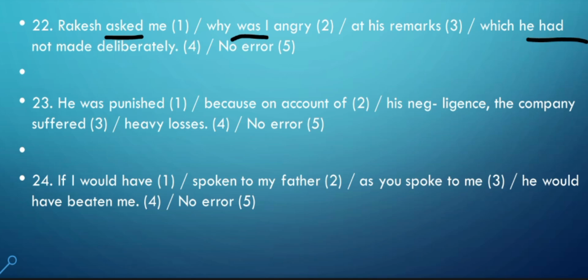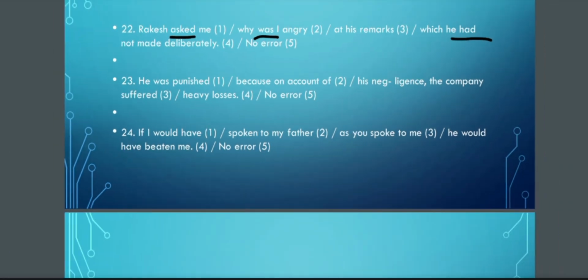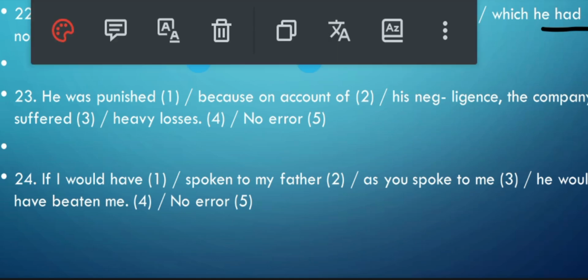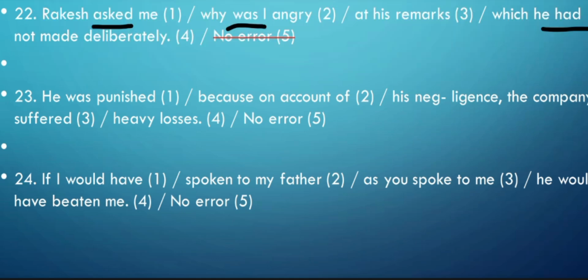अब जब ये पूरा सेंटेंस पास्ट टेंस में है तो हमें देखना पड़ेगा कि इसमें और क्या एरर हो सकता है. ओके, तो जैसे ही कि ये आस्ड पूछ रहा है तो यहाँ पर हमारा जो सेंटेंस है वो क्वेश्चन मार्क में नहीं जा रहा, फुल स्टॉप में जा रहा है. ओके, सो देखिए, वाई वॉज आई एंग्री का क्या हो जाएगा? वाई आई वॉज एंग्री. So the error is in part 2. वाई आई वॉज एंग्री का सीक्वेंस चेंज करना होगा आपको और करना होगा वाई आई वॉज एंग्री.